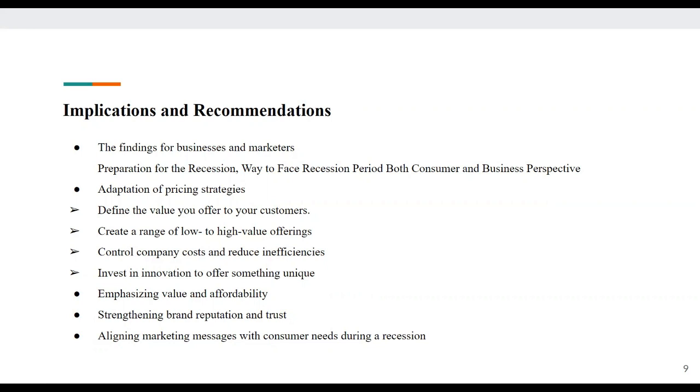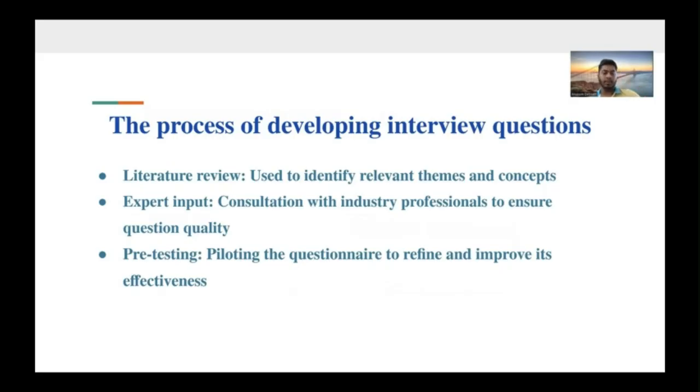Other recommendations are emphasizing value and affordability, strengthening brand reputation and trust, aligning marketing messages with customer needs during a recession. The next one is the process of developing interview questions. The process of developing interview questions for the research project involved several key steps. First, we conducted a thorough literature review to identify relevant themes and concepts related to consumer behavior during the recession. This review helped us understand the existing knowledge in the field and shape our interview question development